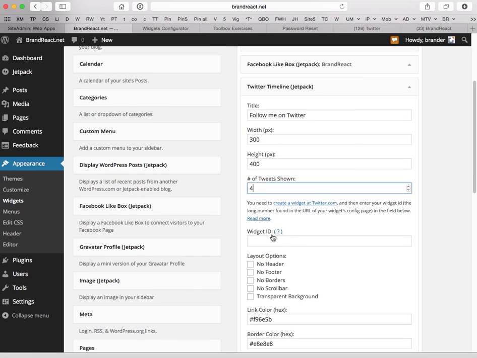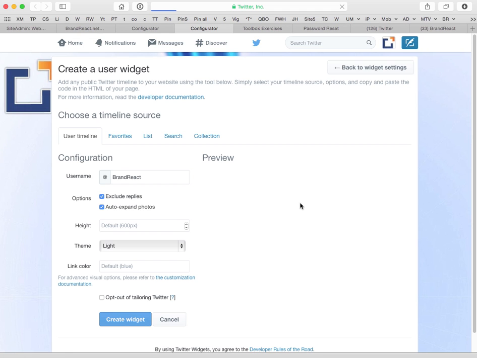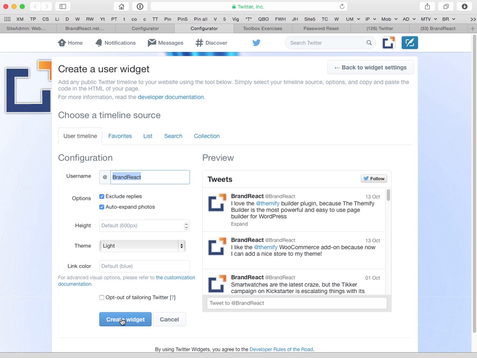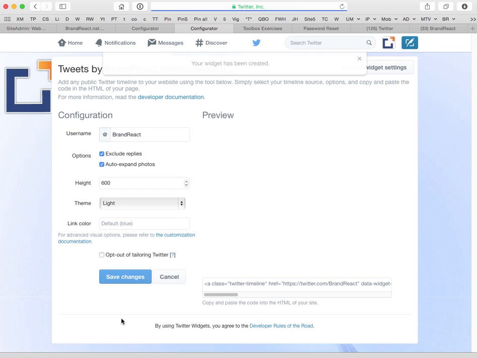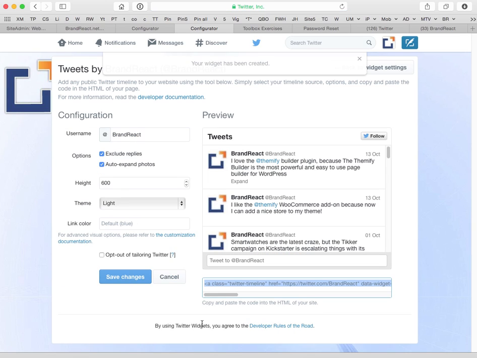It is asking for a widget ID. You need to create a widget at twitter.com and then enter your widget ID, the long number found in the URL of your widget config page in the page below. Well, okay, let's see how difficult this can be. So create a widget, click on there. I see a button here that says create a widget. Okay, click on it. And then I see exactly what I need, because this is the number